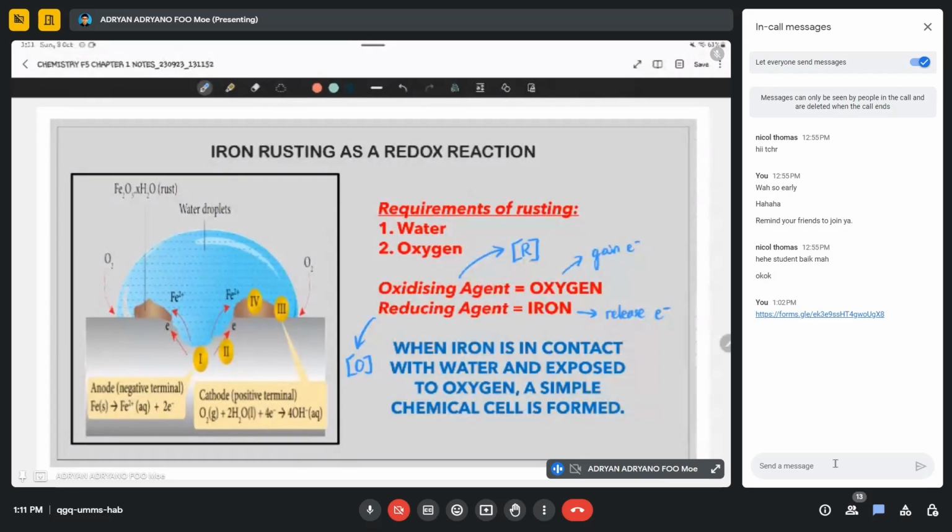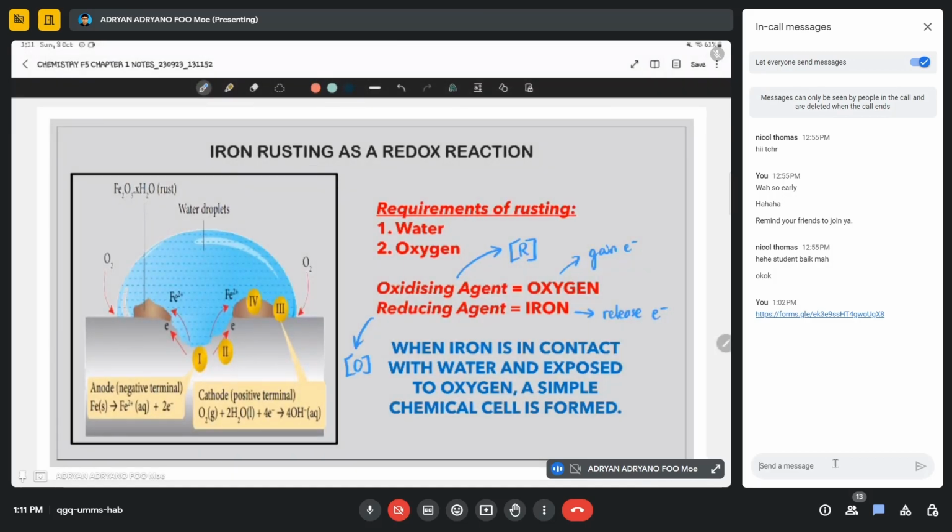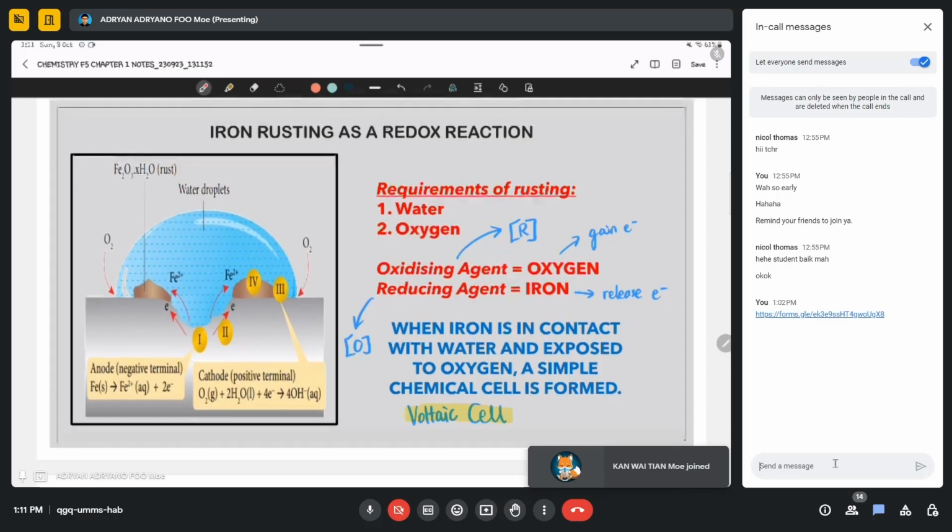Okay, whenever iron is in contact with water and exposed to oxygen, a simple chemical cell is formed. Or simple say, I can say that this is actually a voltaic cell. 其实这个是一个 voltaic cell 来的。Okay, so next, what do I do? 现在我知道 that oxygen is the one that will take the electron, iron is the one that will release the electron. 所以这个如果你背不到的你怎么办？你去理解它。